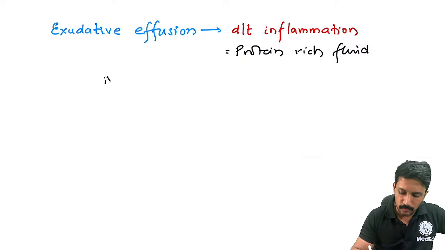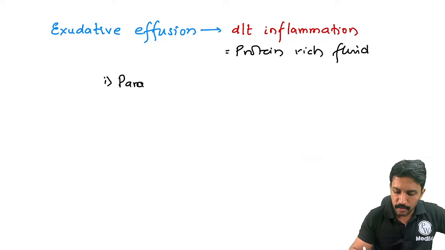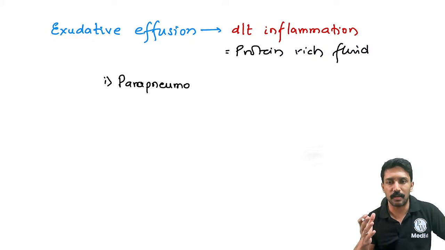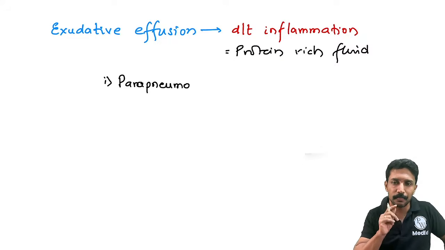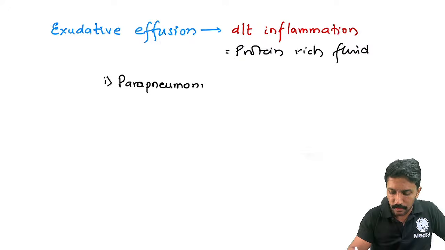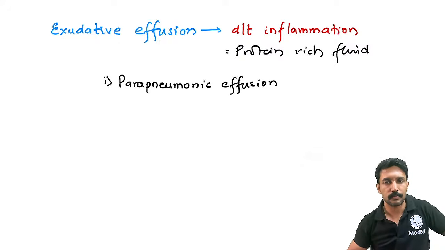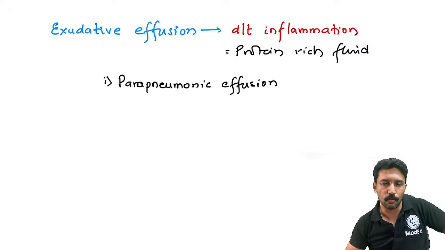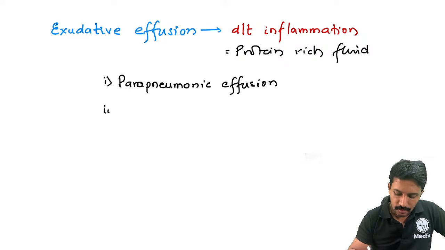First thing is parapneumonic effusion. What do you mean by parapneumonic effusion? The effusion that is happening along with the pneumonia. Pneumonia means infection is there. Infection means inflammation is there. Inflammation means inflammatory fluid is leaking which contains a high amount of protein. So parapneumonic effusion, also called synpneumonic effusion. Inflammation is there. Okay. Second, if there is